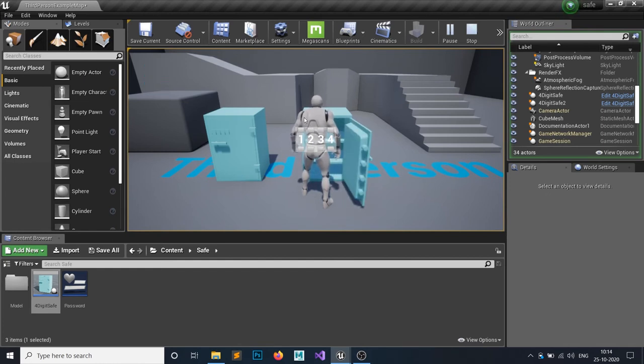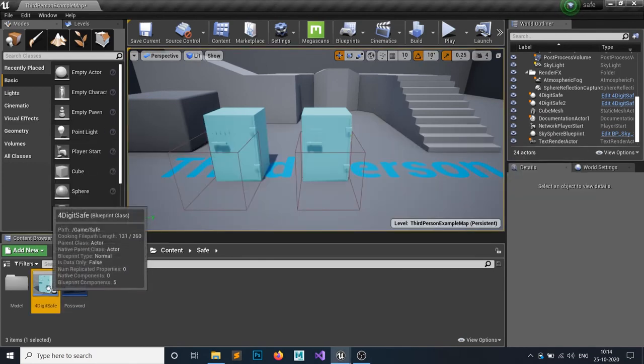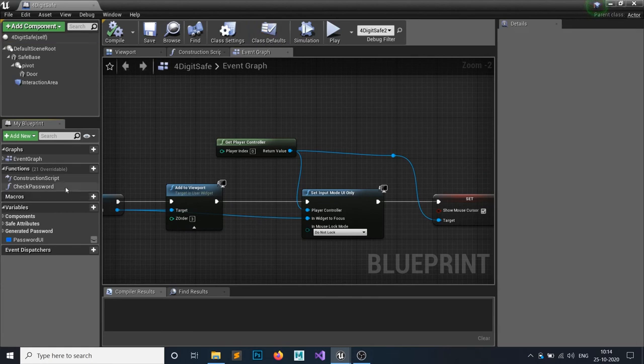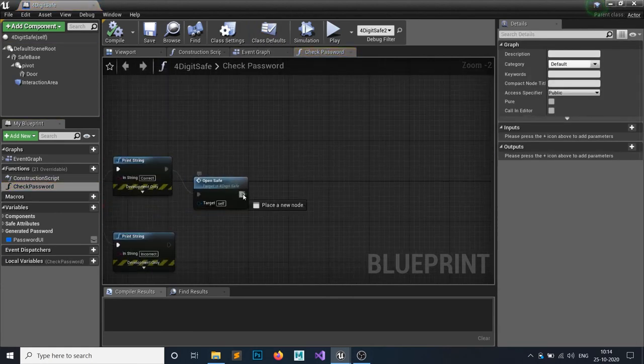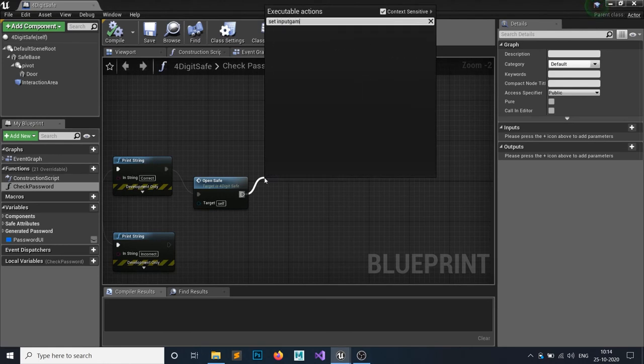Yep, it is open, but we are still in our game UI mode, so we want to set it back to the game mode. So that's simple. Where it was the check password function. So after opening a safe, we want to set input mode to game only.